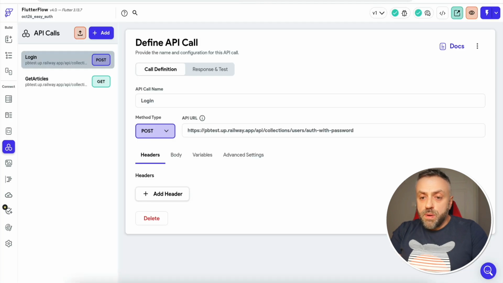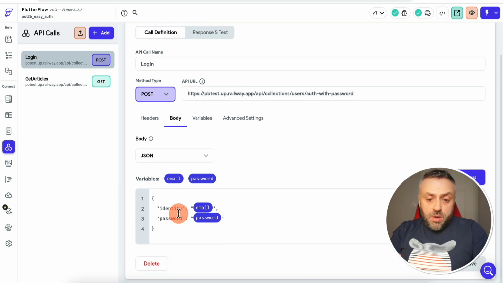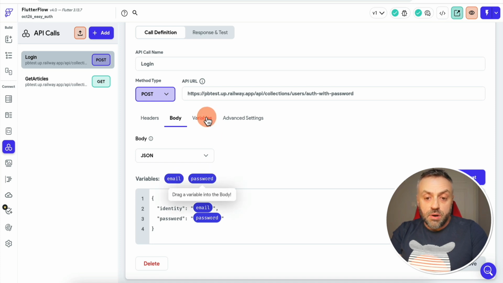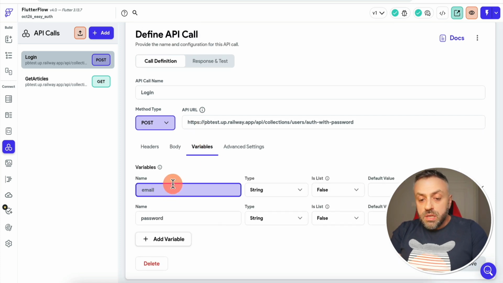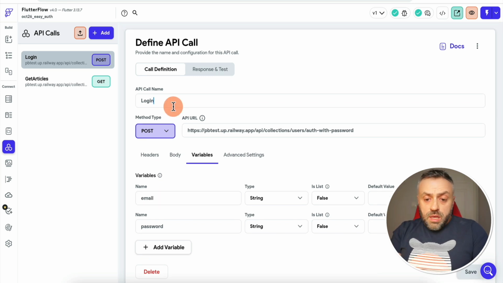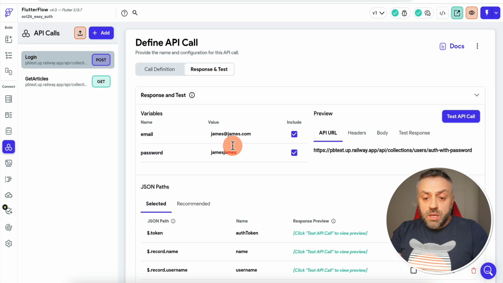And so if you go back here, this is exactly what we're using, and in the body, we are sending a JSON object with identity and password, and these two things are our variables. So if we click on variables, these are going to be the variables that are going to be automatically filled in after the user submits the form. And that's about it. So if I go to response and test, and I provide this email and the password,